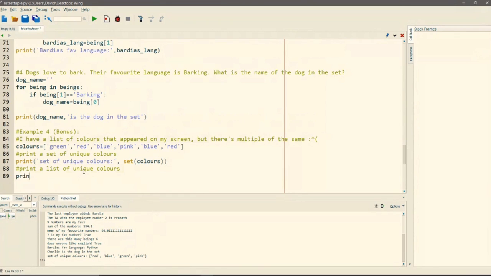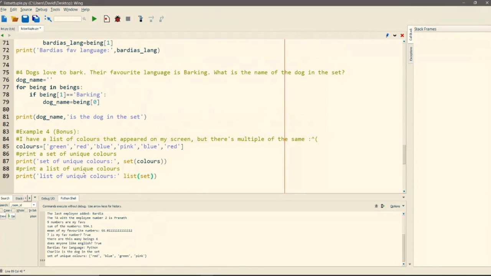What we want to do is we can also turn sets into lists. So we're going to say list of unique colors, and we're going to do that. So first thing we know is we want to make a list. But what do we want to make a list out of?